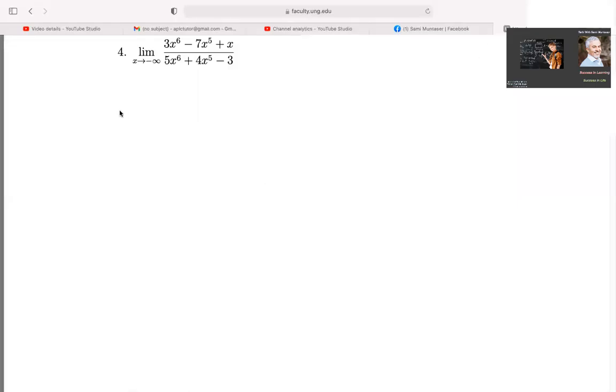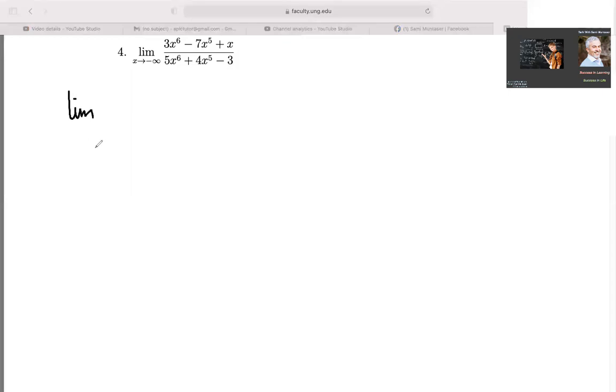So here's limits as x goes to infinity. What we're gonna do here, we're gonna look for all the x's and find the x with the highest exponent. And what you should be doing with that is we're gonna divide everything by x to the 6. So we rewrite this as